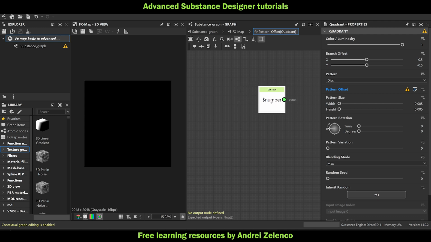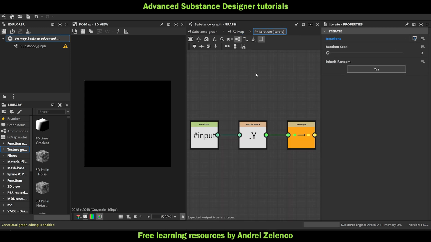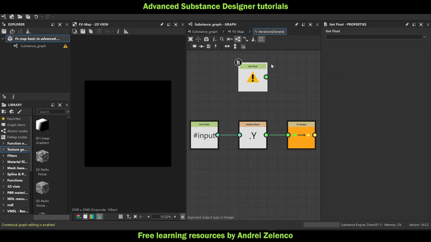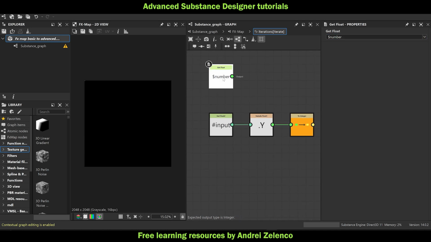Well, this one here is reading information from this one, but we also need access to this thing here that's producing the dollar number variable. So how can we access this? Because we also need to access this thing. Well, we need to go here inside and take this one, so get float dollar number, and just put a different name. So for example, I would say